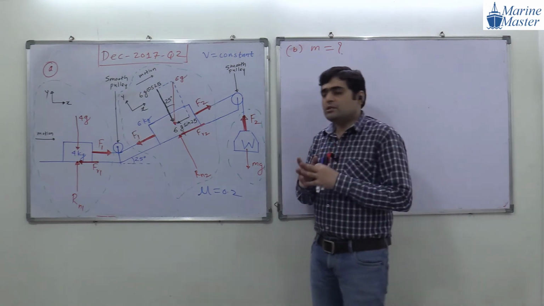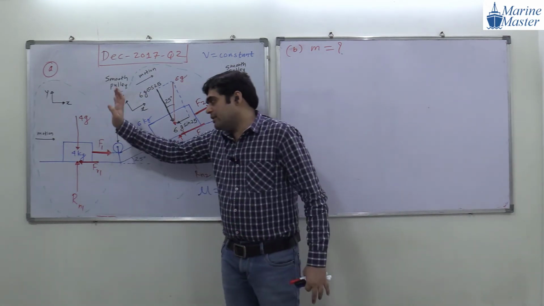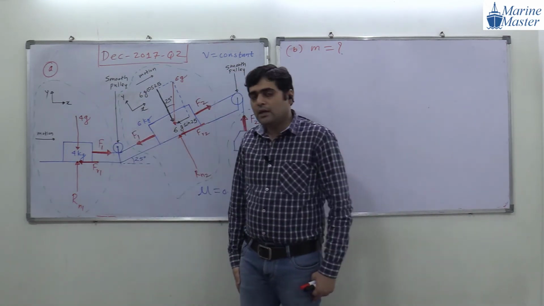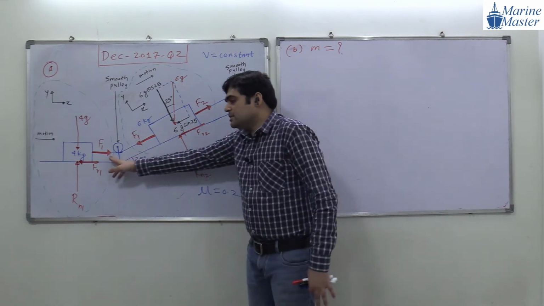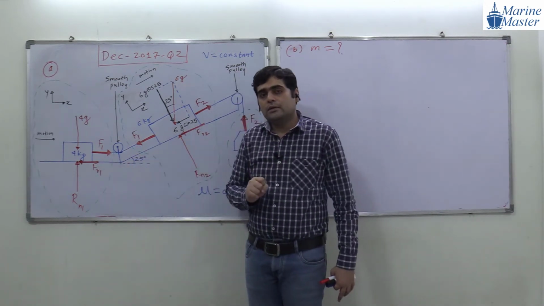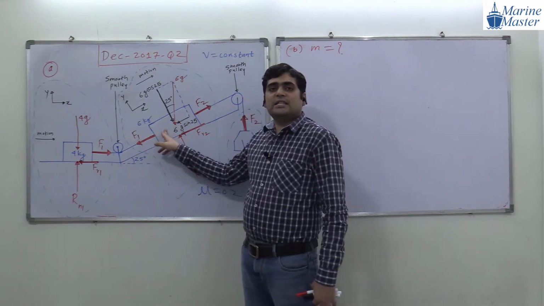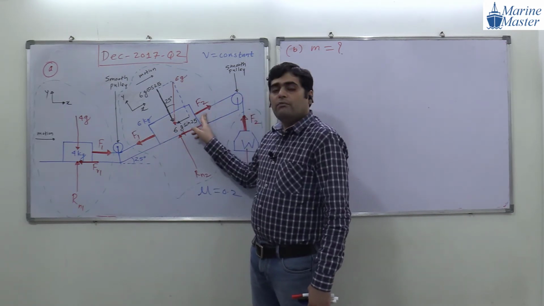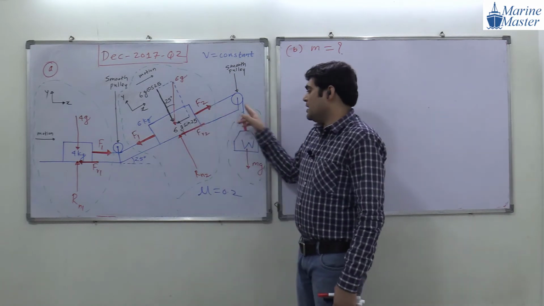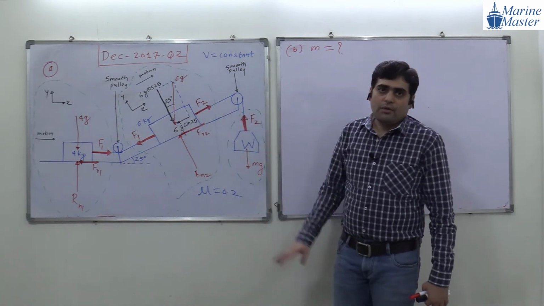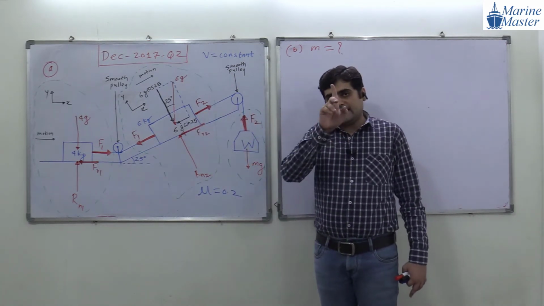And how is the flow here? First of all, we will start our discussion with the 4 kg mass. Then from the 4 kg mass, we are going to find out F1. And from F1, we will come to the 6 kg mass. Here, we are going to find out F2. And then from F2, we will get the mass of the dead weight W. Okay, guys, are you getting my point?